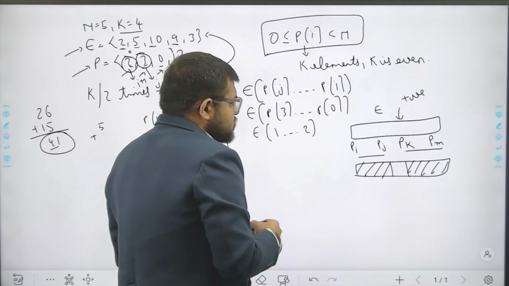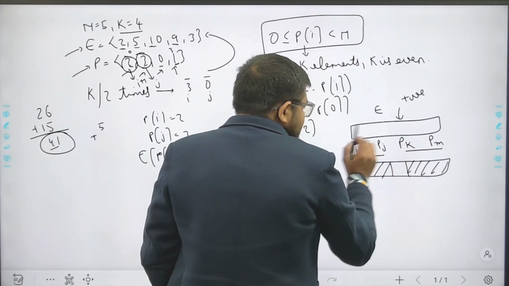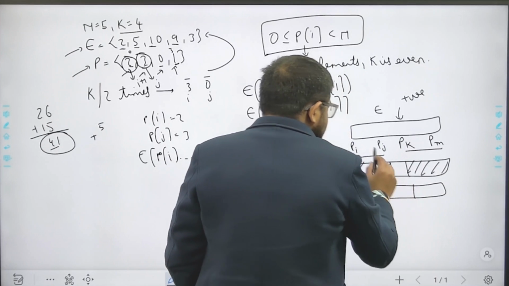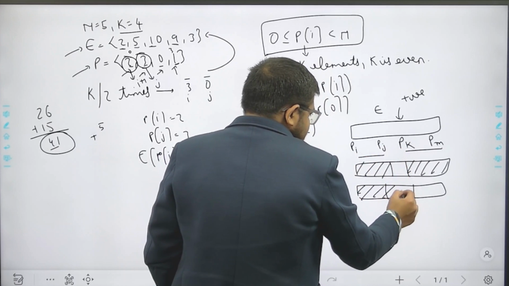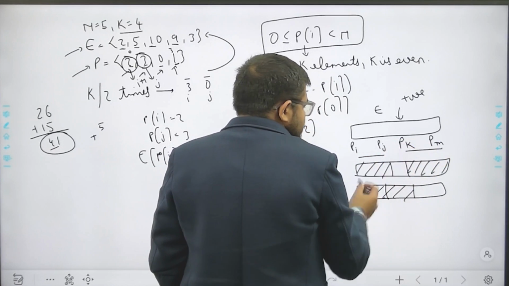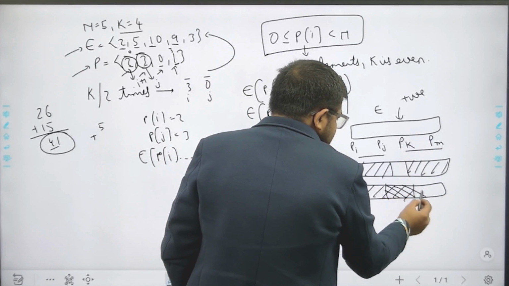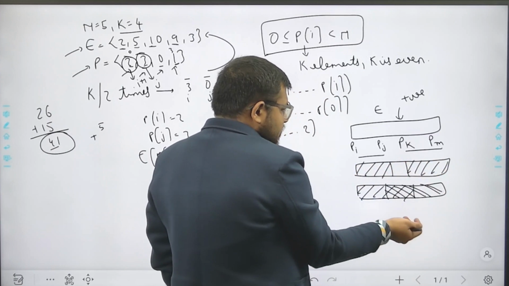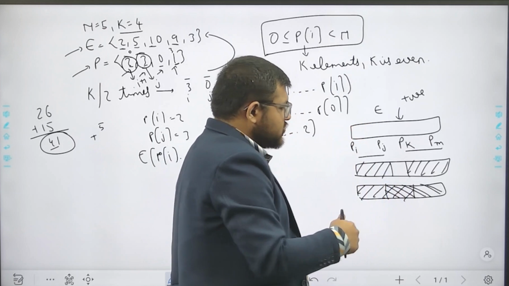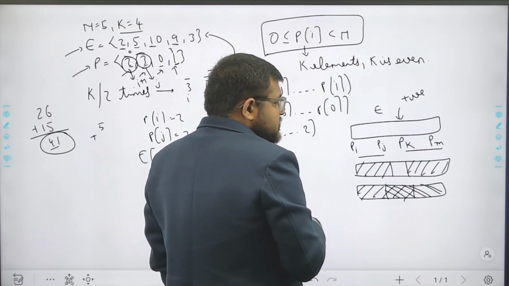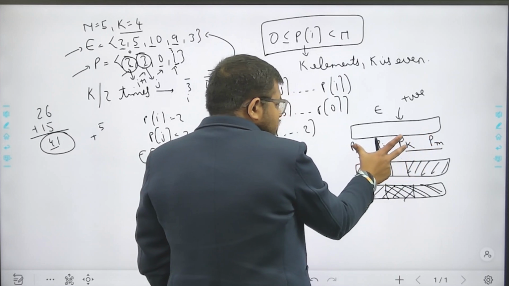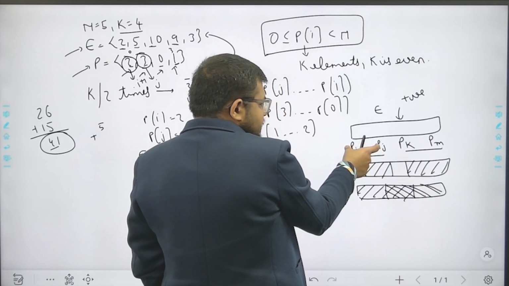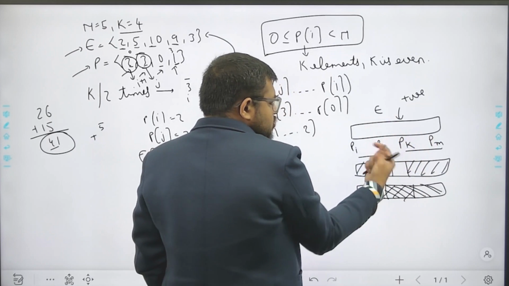Another possibility is I take Pi and Pk as one pair, so these elements will be taken, and Pj and Pm as another pair, so these elements will be taken. Are you getting my point? So what was coming here is already coming, but the center part is coming twice, so this is giving me more sum, right? Why is it happening? Because when I take Pj, Pm and Pi, Pk, this is the overlapping part of two subarrays, so that is coming twice. Whereas when I was taking Pi, Pj and Pk, Pm, this part was not coming in any of them, so